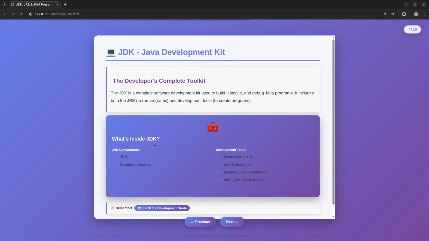What's inside the JDK? The JRE, meaning JVM plus libraries, and development tools: javac, the Java compiler, jar for packaging, javadoc for documentation, and a debugger to find errors. So we can say JDK equals JRE plus complete tools.